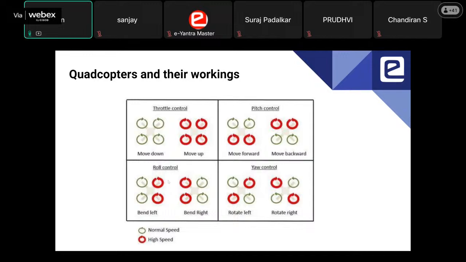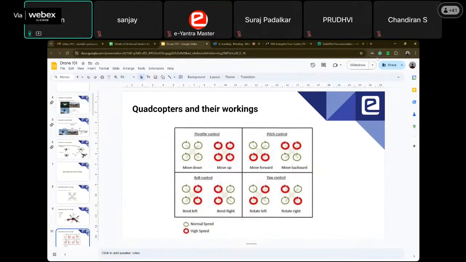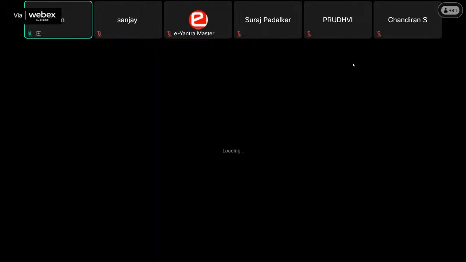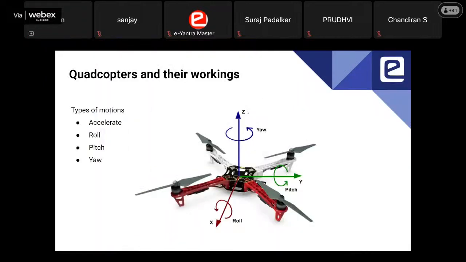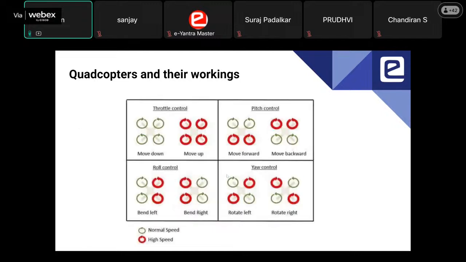So it's similar to when we come to yaw control. Yaw control is when I said we have a linear motion in the Z axis. When you do a rotational motion in the Z axis, the entire drone will rotate at the same point. So in order to achieve that, we